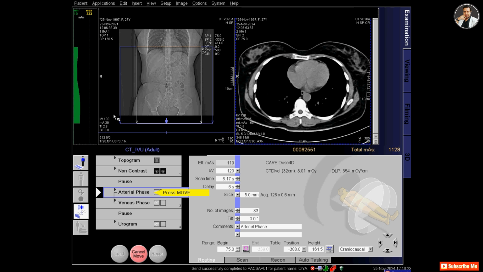And then after 1 or 2 minutes, it will give you a corticomedullary phase. And then after 10 or 15 minutes, the scan will give you urogram or excretory films. From the excretory films, you can make urography films.